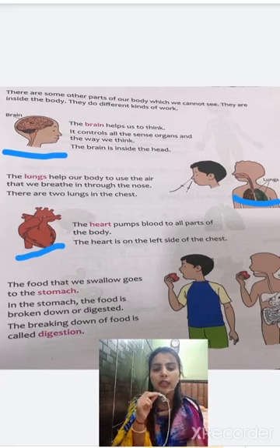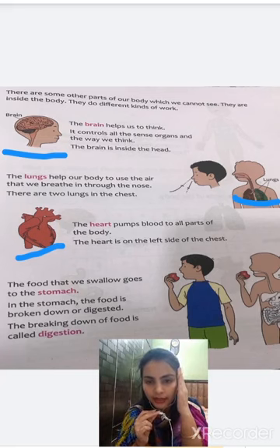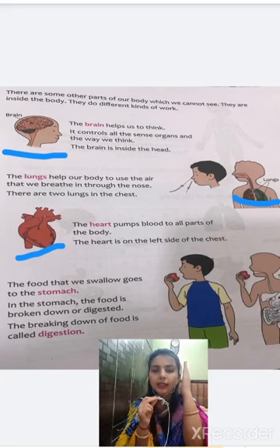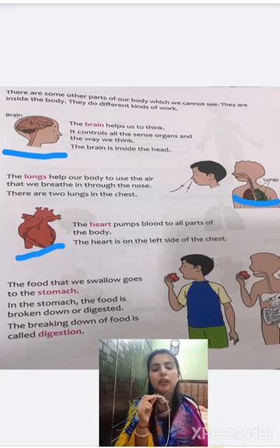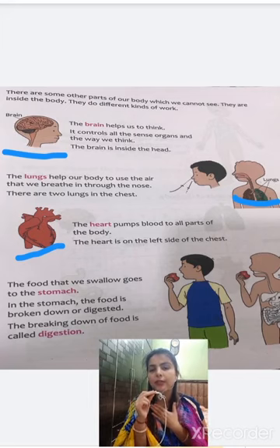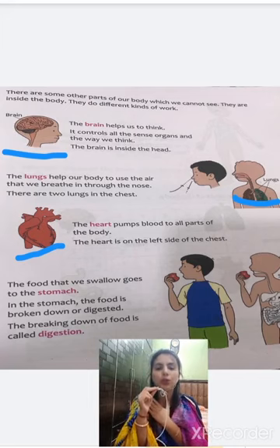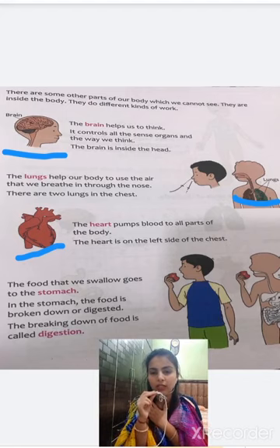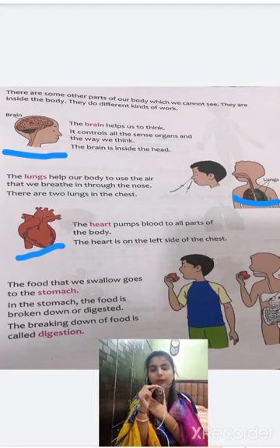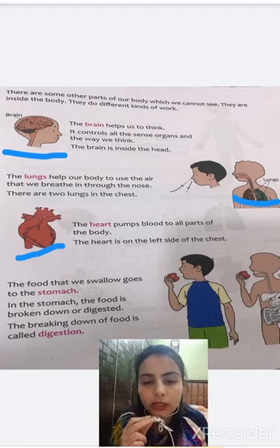Now tell me where our brain lies. Our brain lies in the head. Where do our lungs lie? Our lungs lie in our chest. Similarly, where does our heart lie? The heart also lies in our chest, but on the left side. Now the fourth internal organ